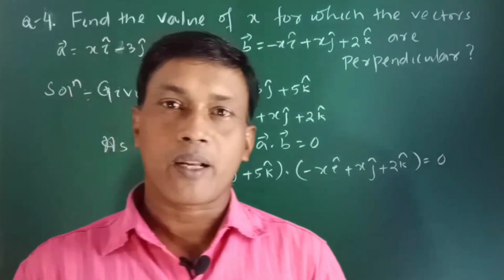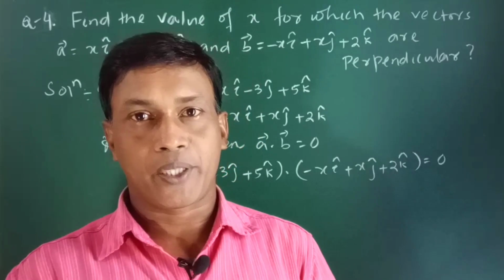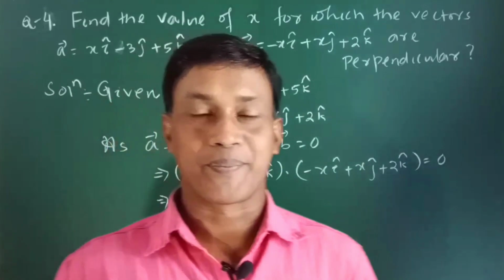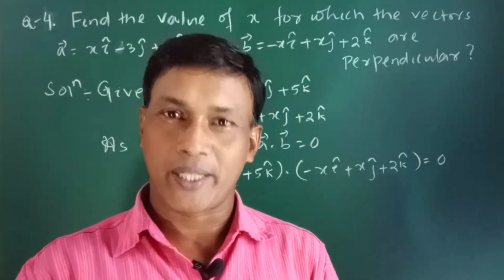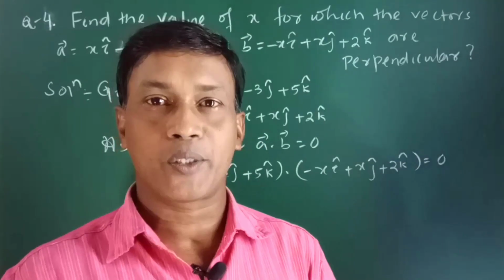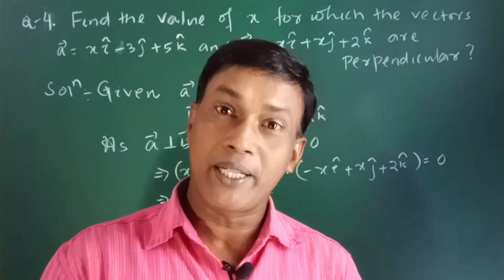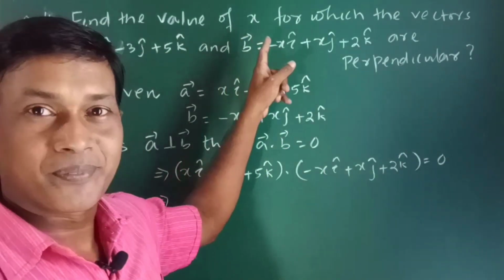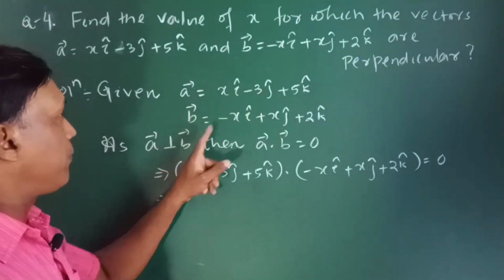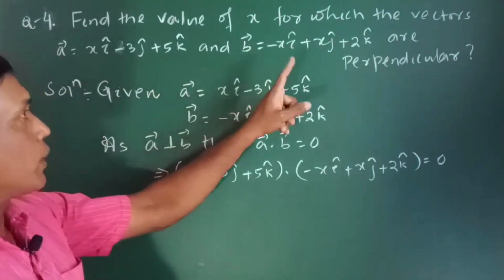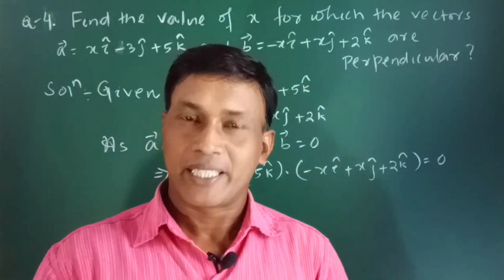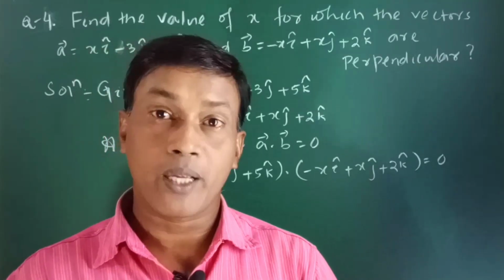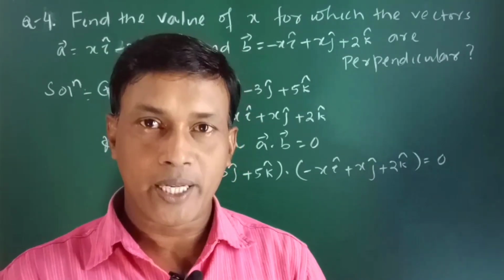In order to show perpendicular, it is sufficient to show the dot product is 0. But here what happens? The two vectors are given perpendicular. In the previous example, two vectors are given and the question is to show that the two vectors are perpendicular. But here given two vectors are perpendicular and we have to find the value of the unknown x. How? A vector is given, B vector is given, and also given the two vectors are perpendicular. If two vectors are perpendicular, then the dot product is 0. अगर two vectors are perpendicular हो जाएंगे तो उसका dot product 0 हो जाएगा.